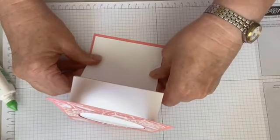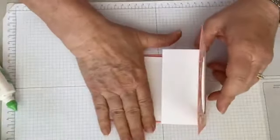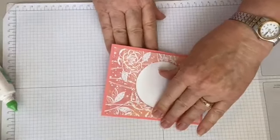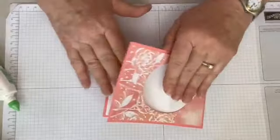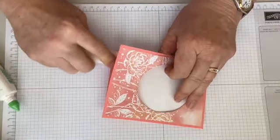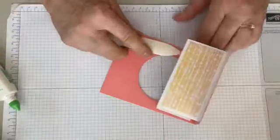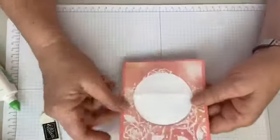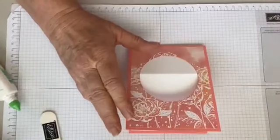So let's try to uncrooked it. It is the good and the bad about using the multi-purpose glue, having it move when you don't want it to move. Okay, there we go. So now I'm just going to use my bone folder a little and try to get it all even in there. Okay. So we got our little mechanism going. And now I'm going to take,